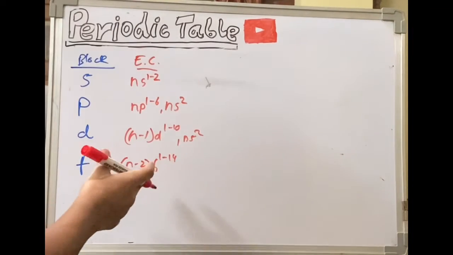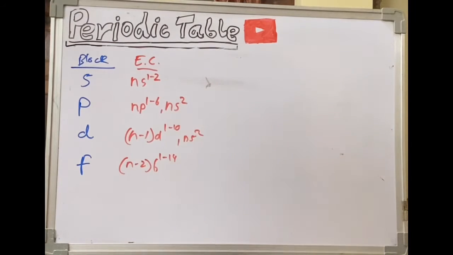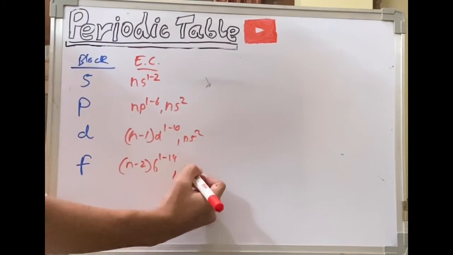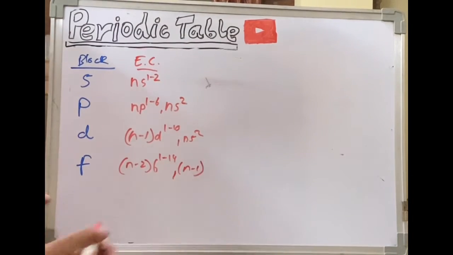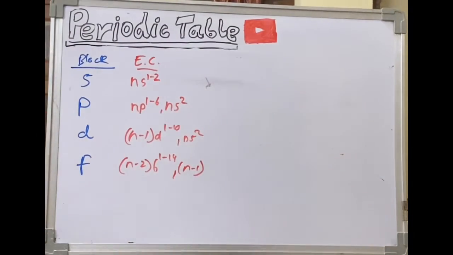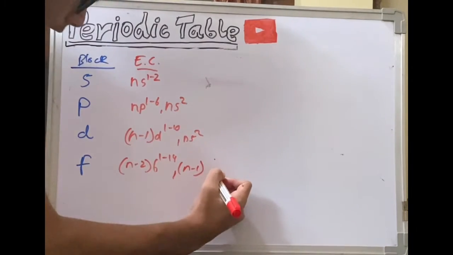And guys, I forgot to tell you the general electronic configuration of all the F block elements. It is (n-2)f^1 to 14 because of the energy level issue, you know. So the F orbital, having less of the coefficient, will enter, and then there will be (n-1)d. You remember we did that table. In each period we have assigned which block elements will come and what will be their respective coefficient. Okay, so just refer to that once.